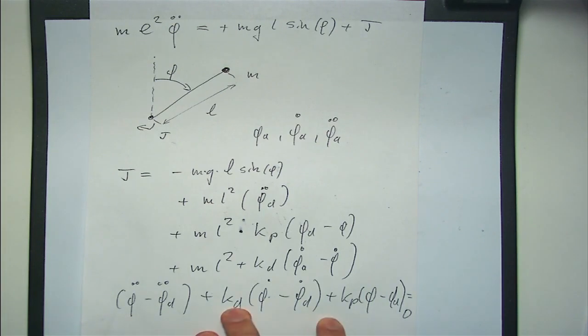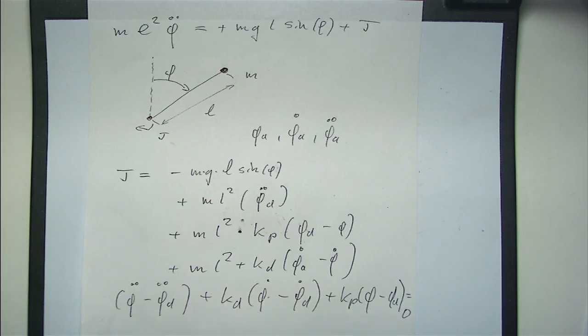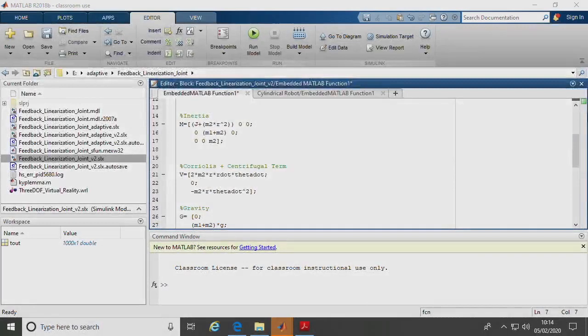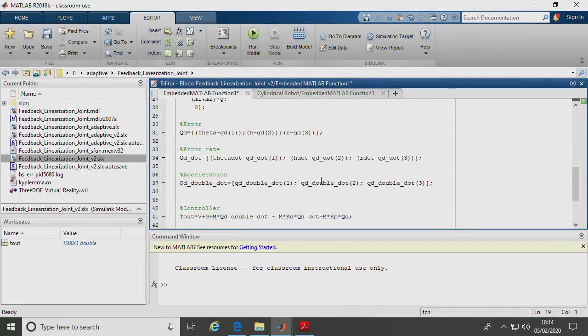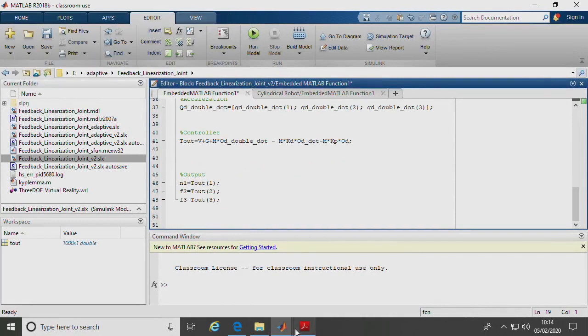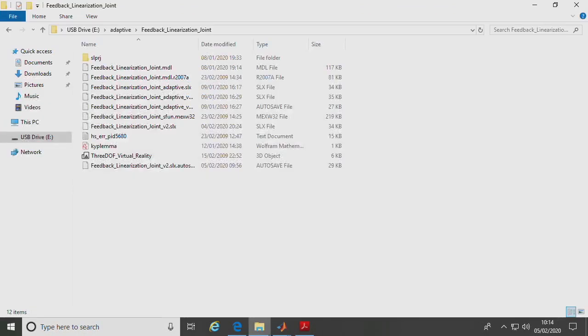So we can design Kd and Kp appropriately. Choose some form of root for the characteristic equation. So what I want you to do is sit down and have a look at that simulation, because it will relate pretty much to your assignment. And I want you to think about how to understand this simulation. This would be quite nice if you could do this.